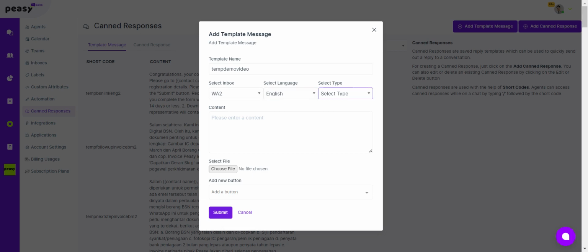Now for the category, please refer to the document on what the different charges are for the different categories and what the suitable category is for your message. For all intents and purposes in this demo, I'm going to choose marketing and I'm going to type in the template message. I can further customize and personalize the message by typing in curly braces, hi contact name,